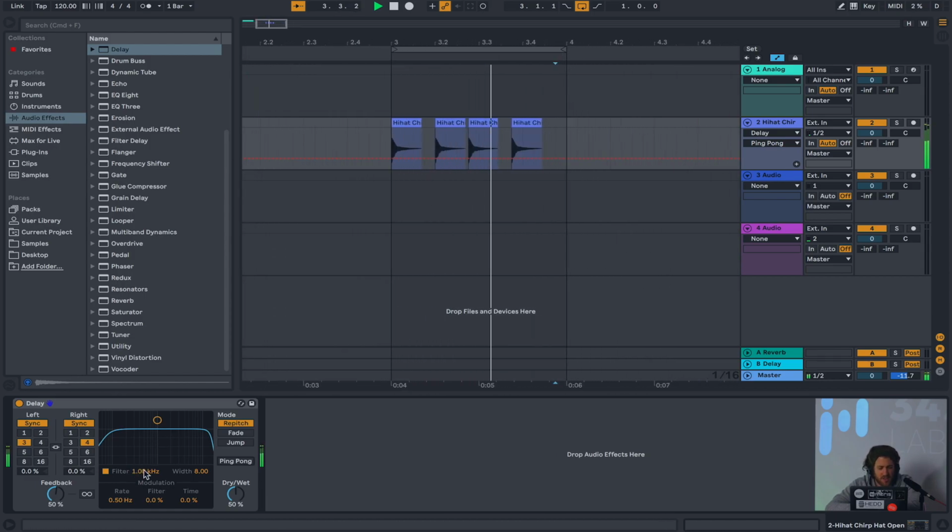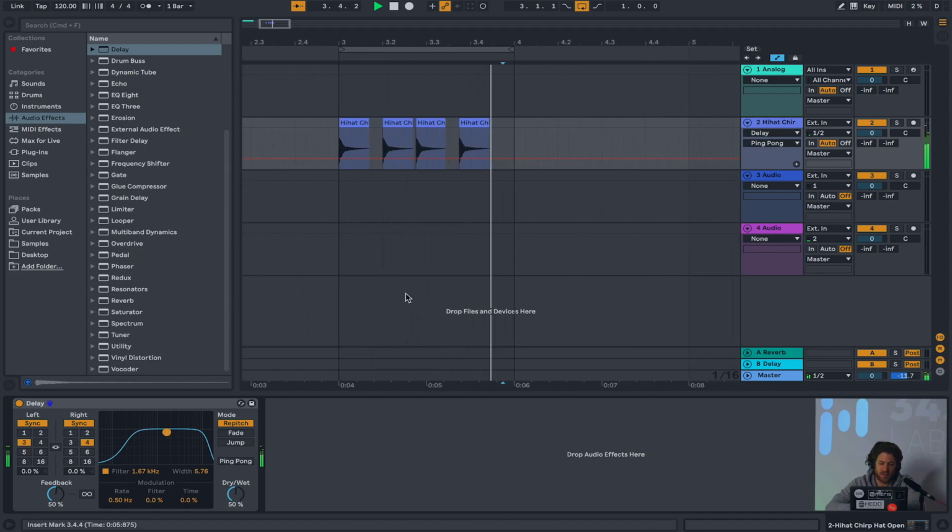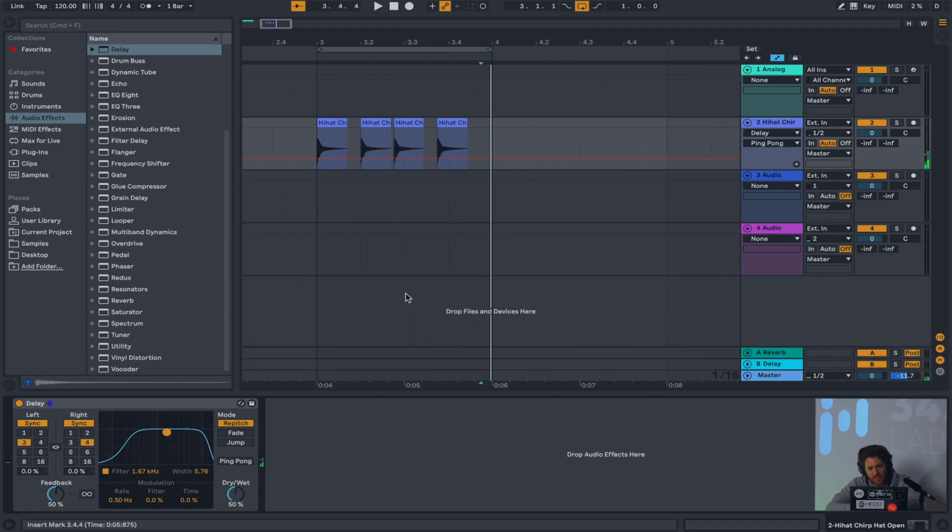Now if you were to manipulate the filter, then all of a sudden you get a really, really detailed rhythmic track. So Ableton's delay is extremely powerful and useful, but let's also take a look at some other delay plugins that